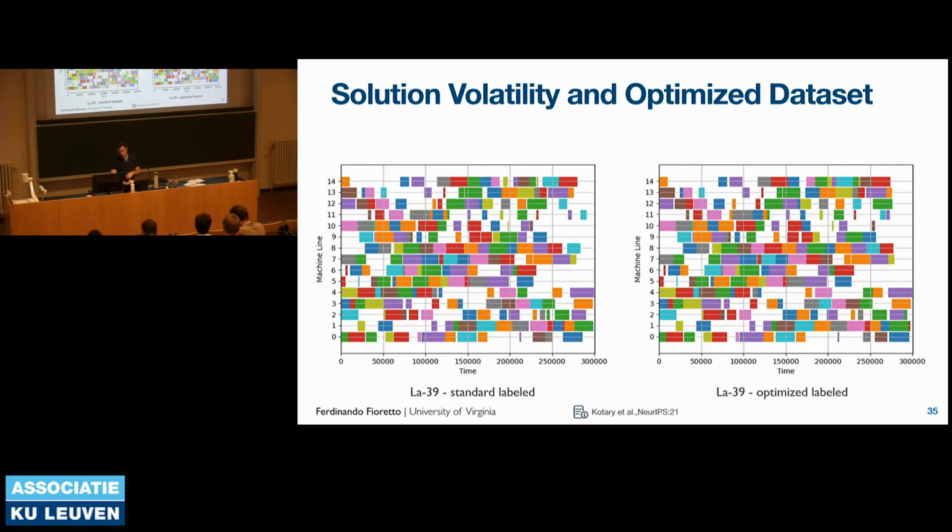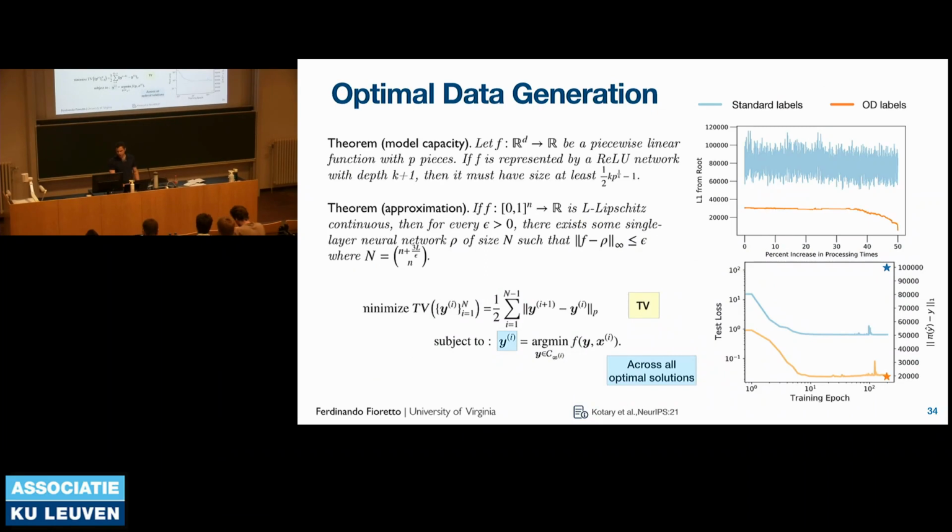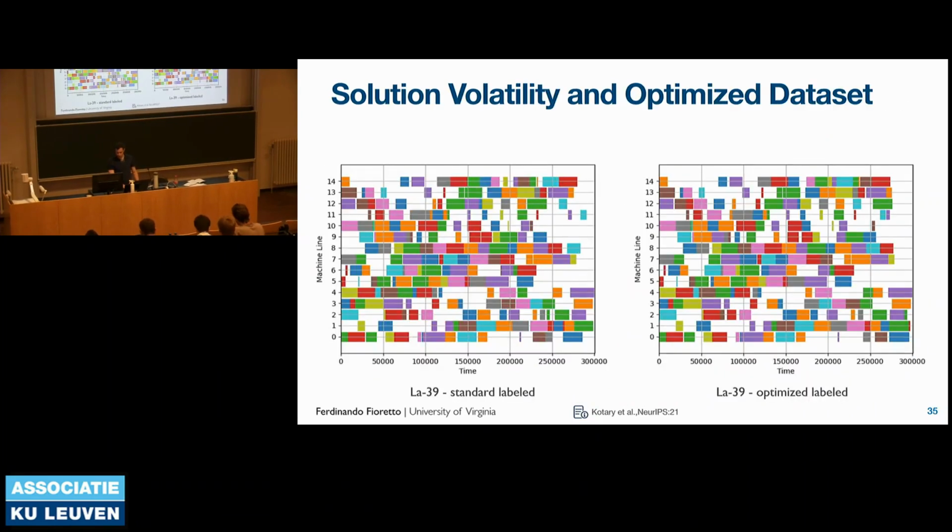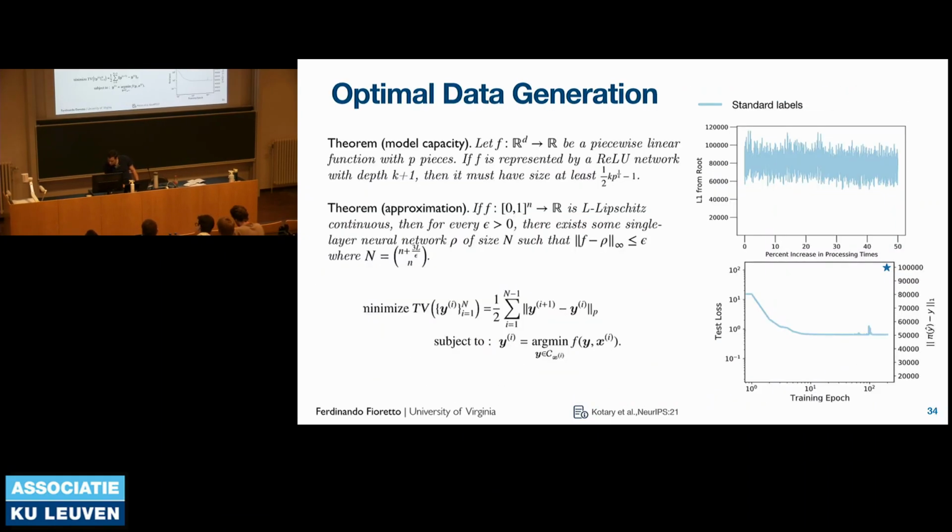So we construct this method, it's pure optimization, and we construct a new data set. And now we play the video. Oh, I think there is a result. OK, so if you do this, the top subplot shows now the solution volatility. So this becomes much more stable. You see the induced piecewise linear function. It's much more amenable to learning. And the test loss here becomes much lower, over an order of magnitude lower.